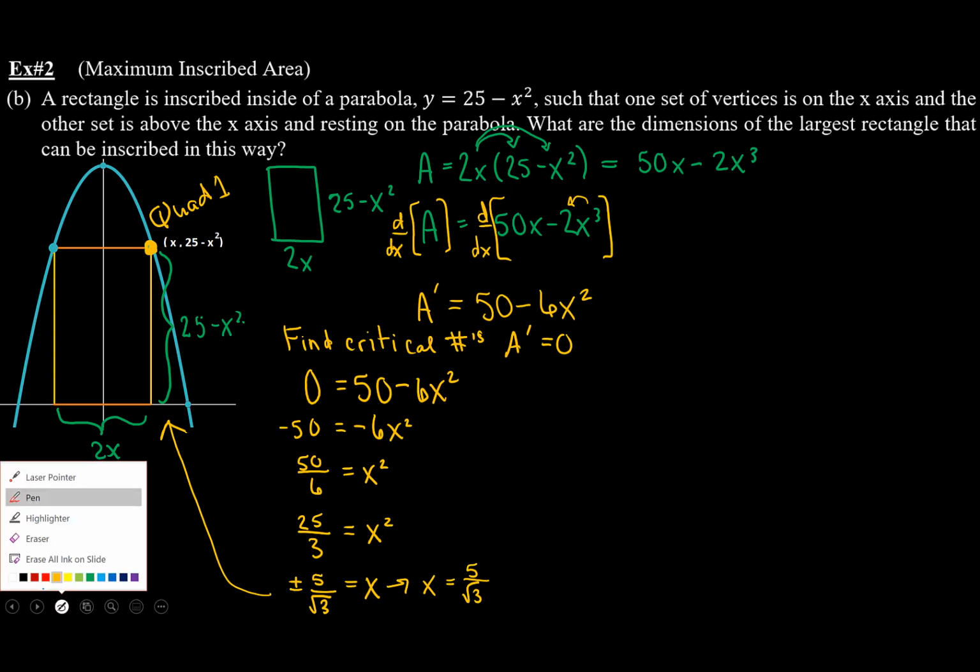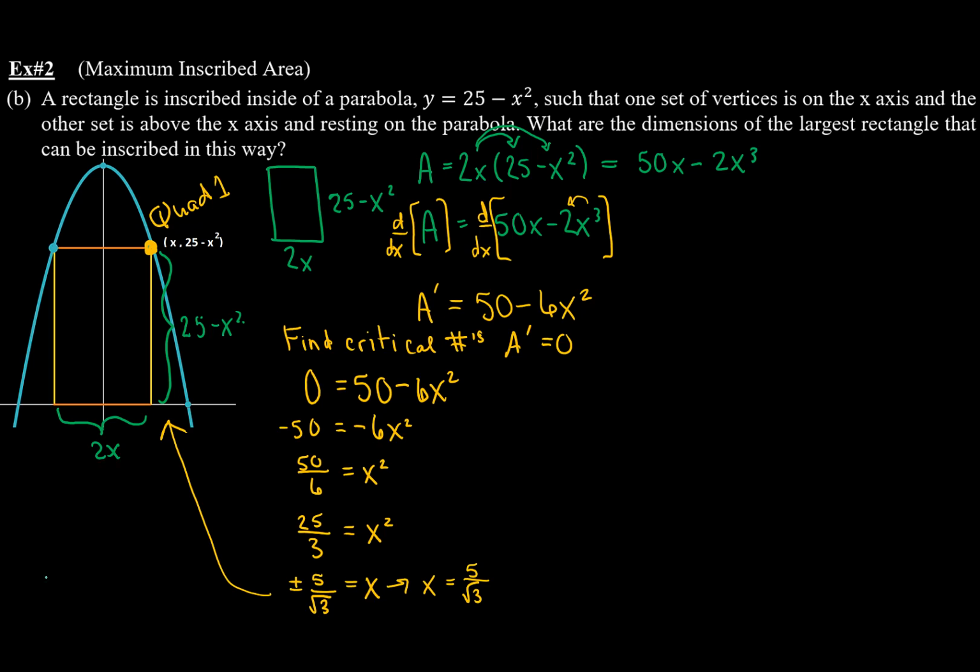I do need to consider my domain. There is a limit to the domain, because the rectangle is inscribed. Remember, I'm moving this point around quadrant 1, so it's basically going to be here to here. So for my x value, if I draw a rectangle that's infinitesimally wide, so teeny tiny wide, I've got an